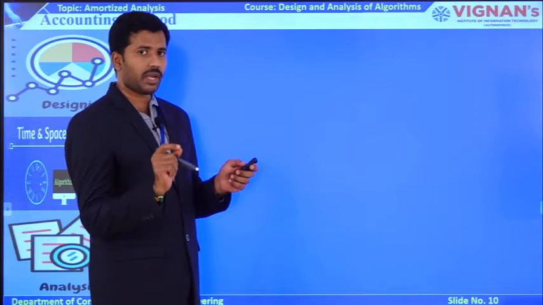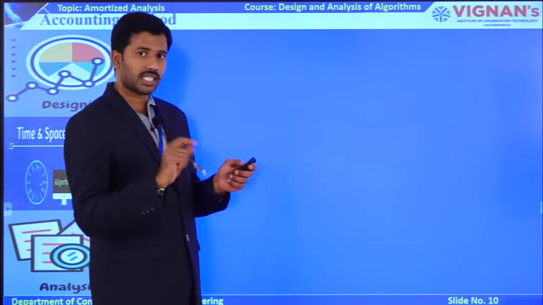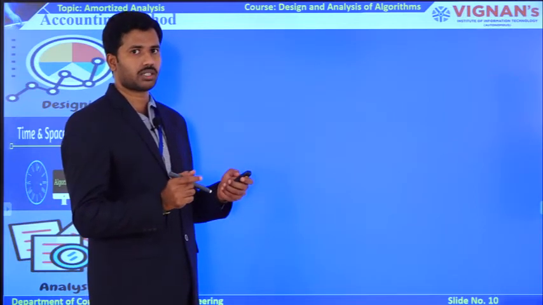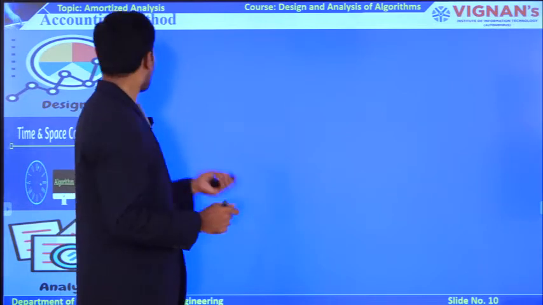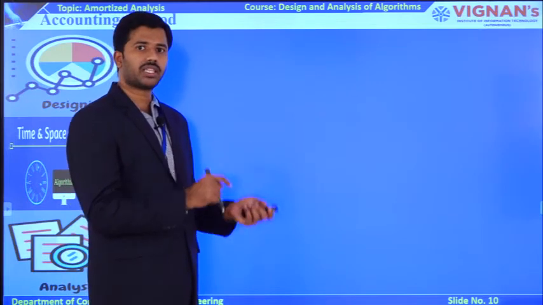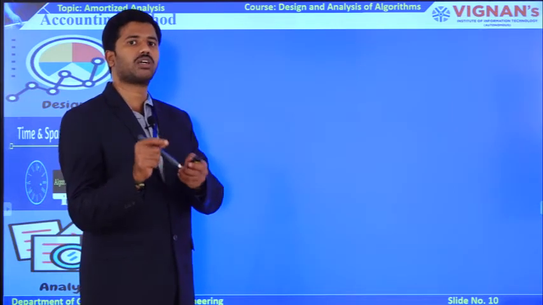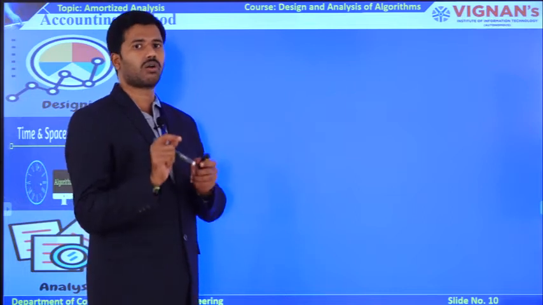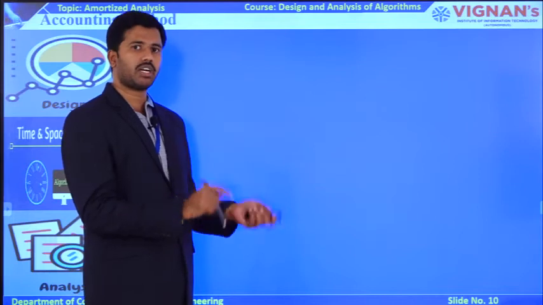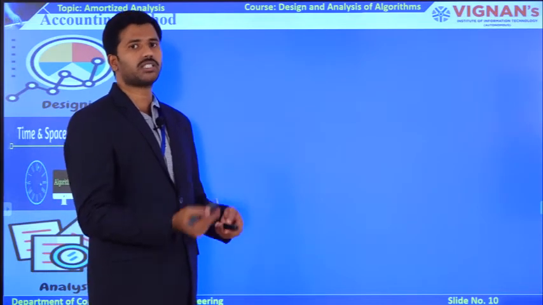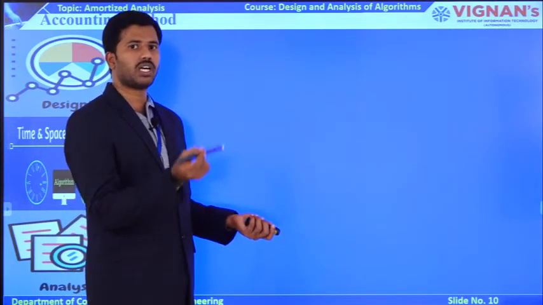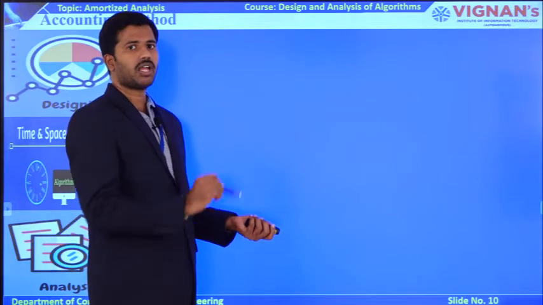So what happens if the amortized cost is less than 75? Ultimately I will get a negative value for the potential function. So with the help of this accounting method, I am going to verify whether the amortized cost of 75 produced by my aggregate method is correct or wrong. As I said previously, you need to have more concentration on the aggregate method. If you understand the aggregate method, the remaining methods are very easy. Why? Because the remaining methods, accounting as well as potential method, will be used to verify the solution for the aggregate method only.